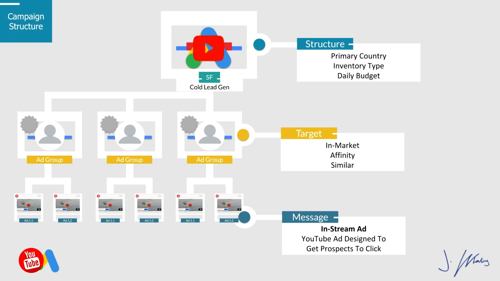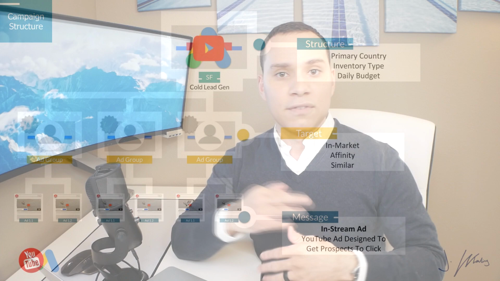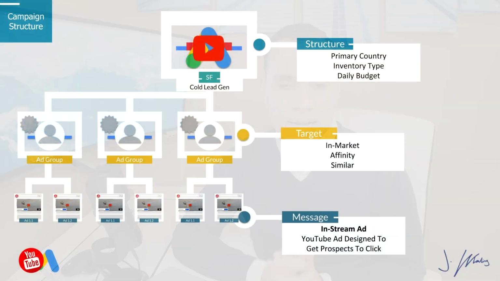And then finally, underneath your ad groups, you're going to have your actual video ads. At the end of the video, I'll go through a 90-second script if you're not quite sure what to do for your video ad. And it's very easy, once you have your video, to duplicate your video ad across all of the ad groups. Now, something you'll notice with this campaign structure is that we actually have 2 different videos.